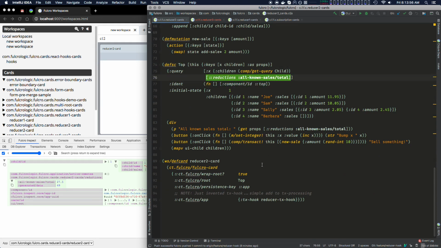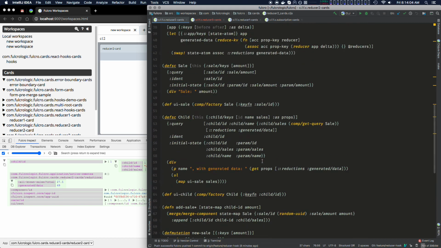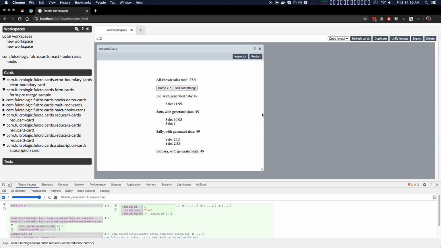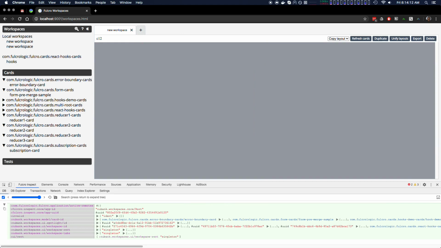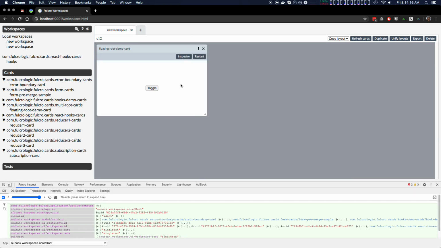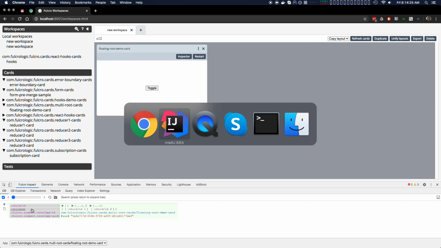Now, as I looked at this, the next thought is, well, one of the things we might want is the ability to just disconnect one of these things from the tree. And a while back, I made a floating roots demo that showed how Fulcro can support this with basically a plugin renderer, which I've since built and made the default. So there's this multi-renderer card here. If we pop in on Inspector here, we see that there are two children, but they're not currently on screen. And if we go and look at this